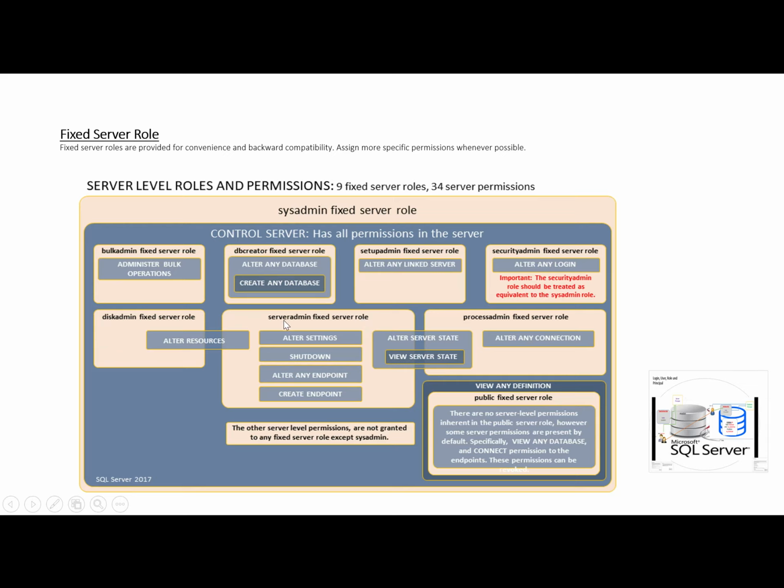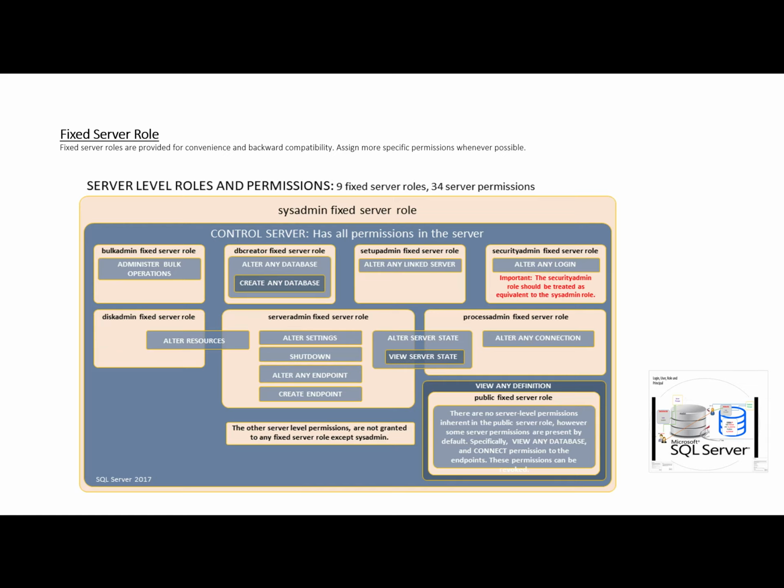These roles have certain permissions, like the serveradmin fixed server role can alter settings, shut down the server, alter any endpoint, and create endpoints. So if any login is a member of the serveradmin fixed server role, automatically these permissions will be assigned to that login. So these roles make management of logins easy.